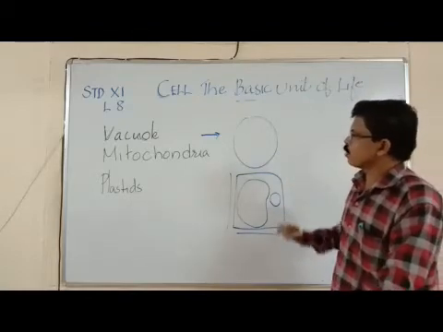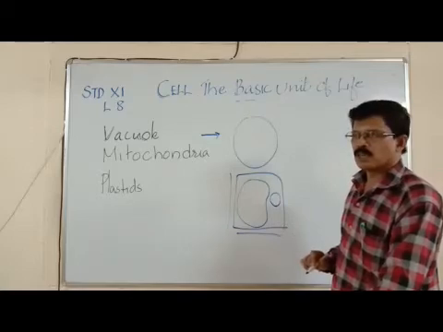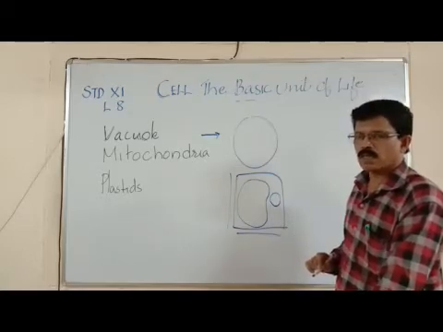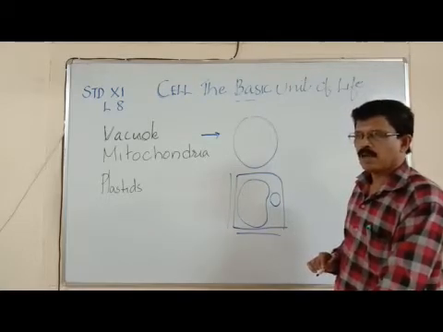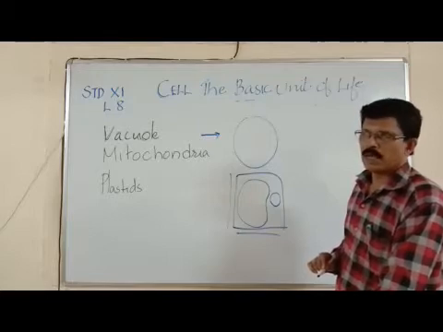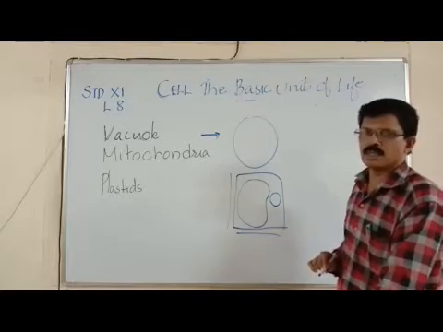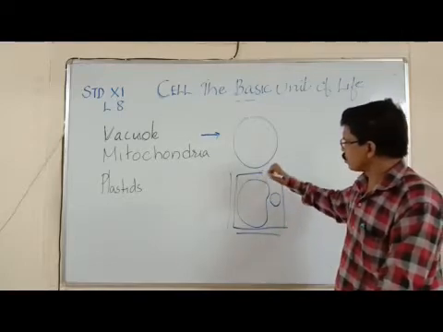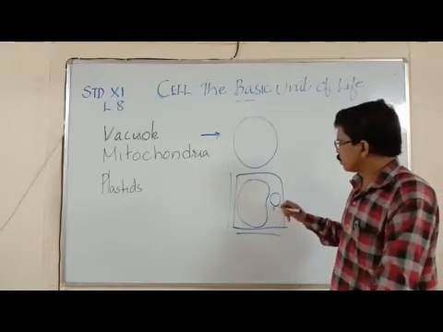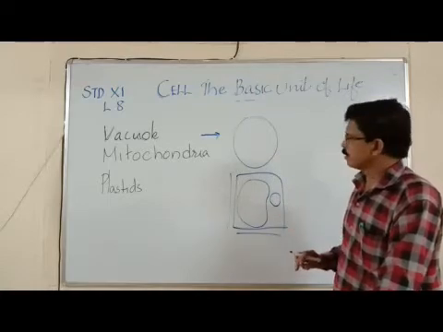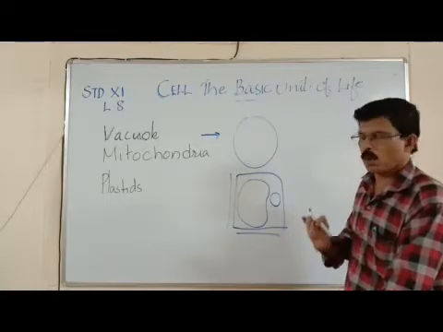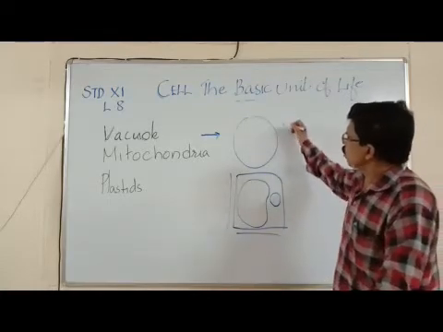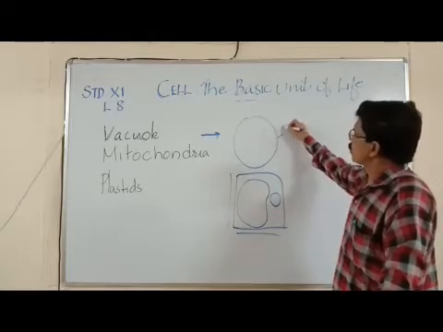So what are vacuoles? Vacuoles are vesiculated structures filled with water, cell sap, and various food materials, including food and waste material as well. So in a plant cell there is a large vacuole at the center which pushes the nucleus to one side. In animal cells, they are very small or absent. Usually the vacuoles are covered by a single membrane called tonoplast.